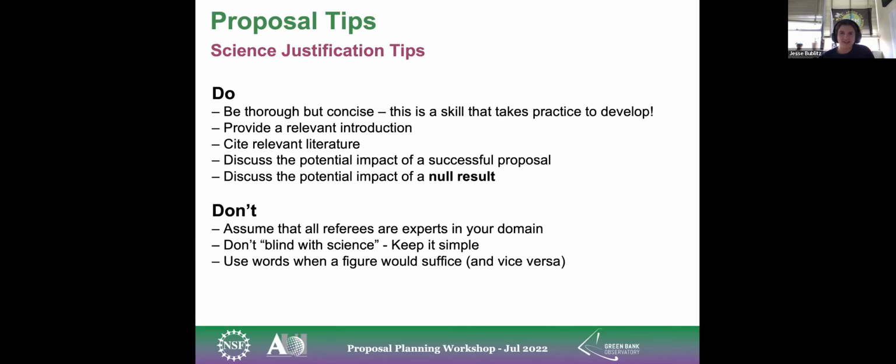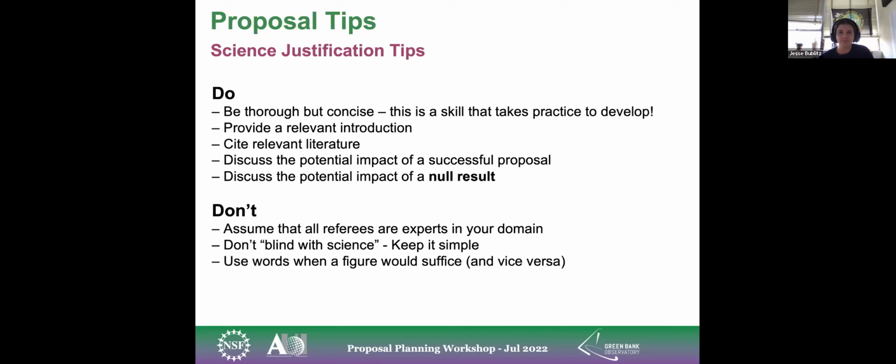It's difficult to provide all of the details that you need in order to convince someone who doesn't necessarily follow your research to understand why these observations are not only important for your work, but for astronomy in general, but without being overly verbose, too much flowery language, and too many pages worth of